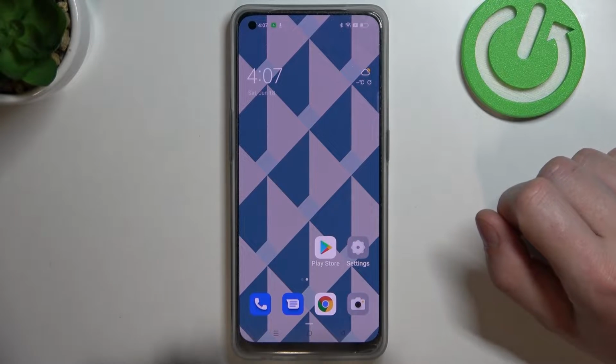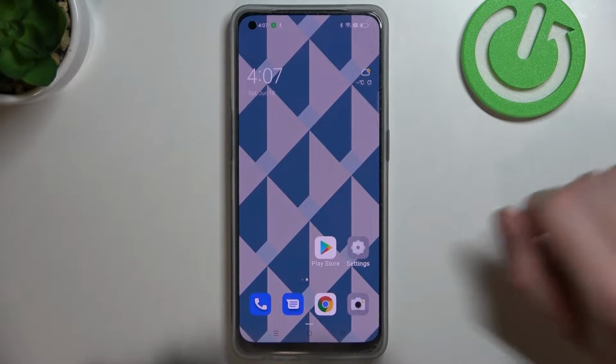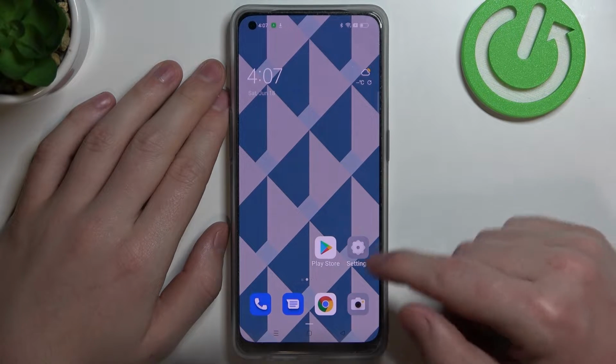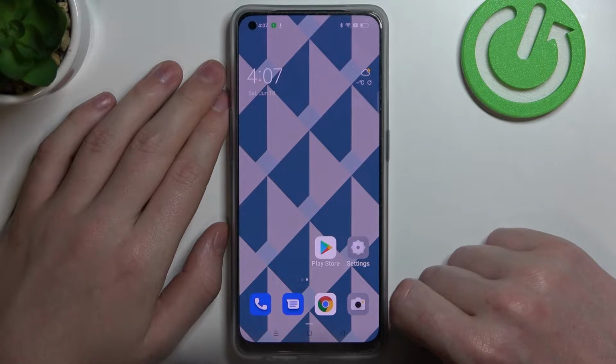In this video, I'm gonna show you how to change your screen timeout to infinite on Oppo F21 Pro 5G. So in order to do this, we'll need to download the app from Google Play Store, but first let's move